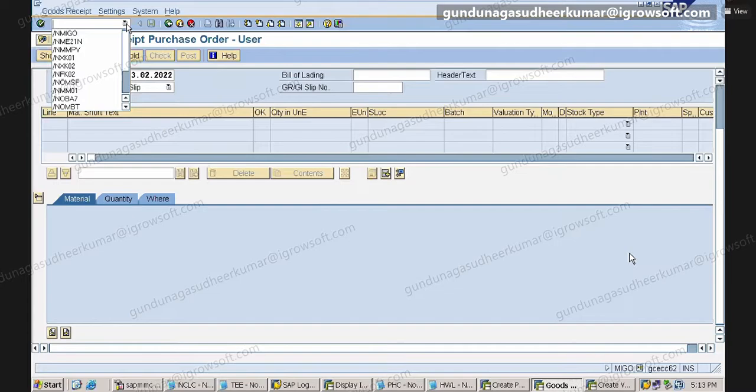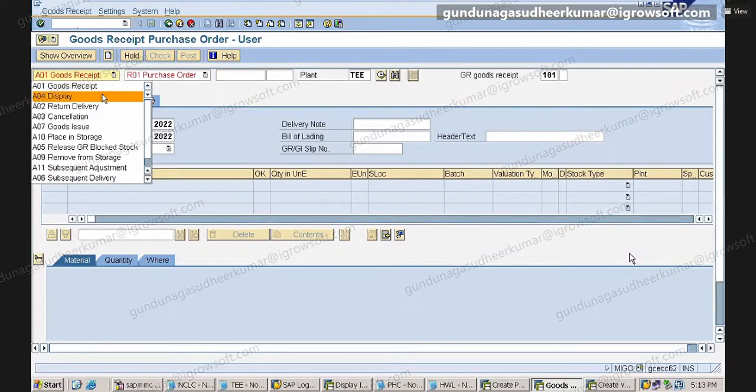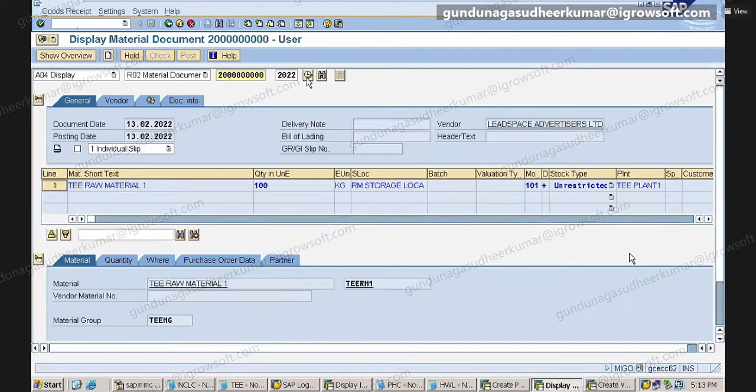So I will go to MIGO again. In MIGO, I will select goods display and click on execute. Now here we have the document information.